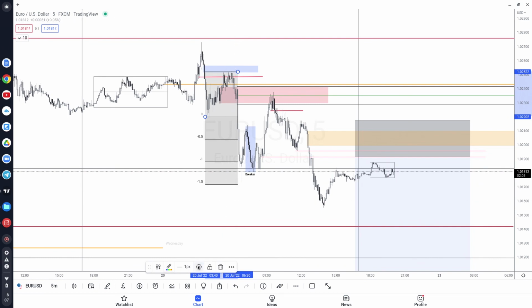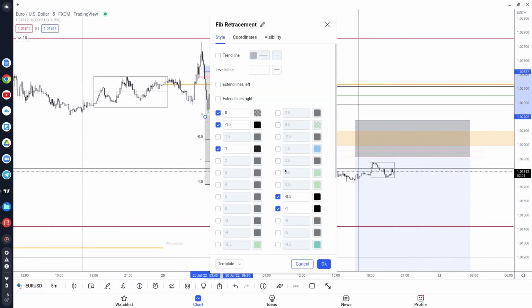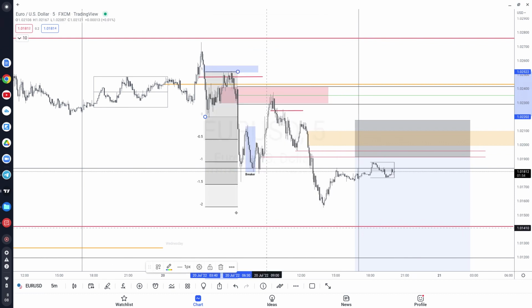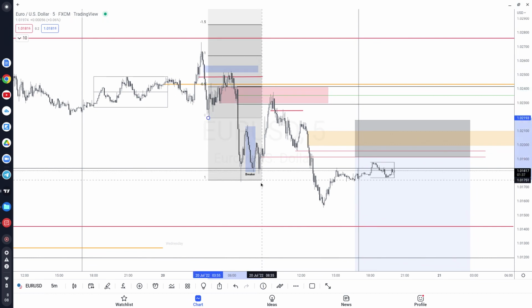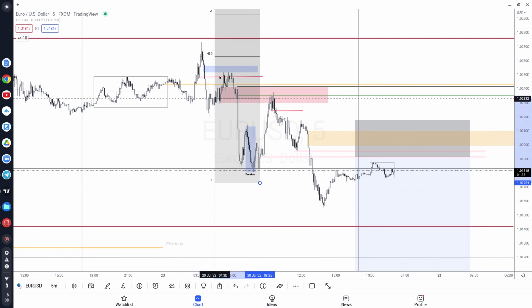And we also want to add -2 on here. Whatever that is, okay. Yeah. So price should have, it did make it down there, right? So you see how this works, right? You just take the failure swing, or you could have taken the retracement of this from here to here,